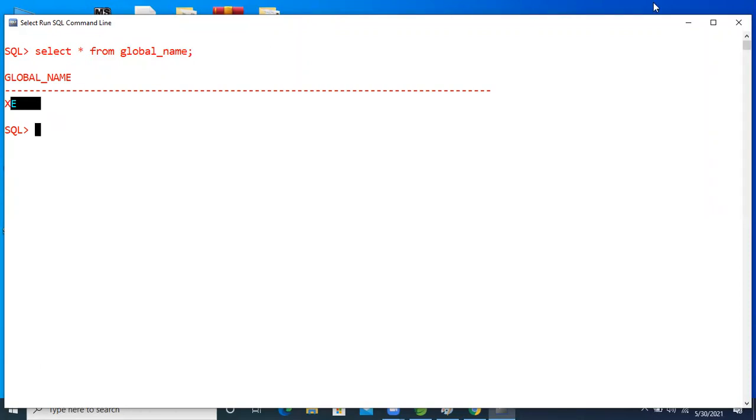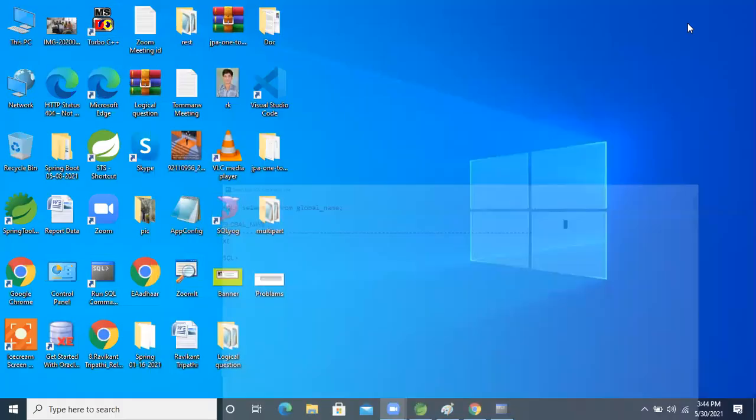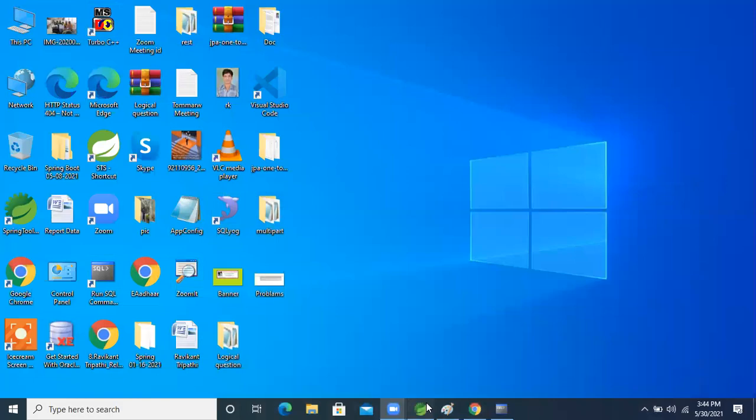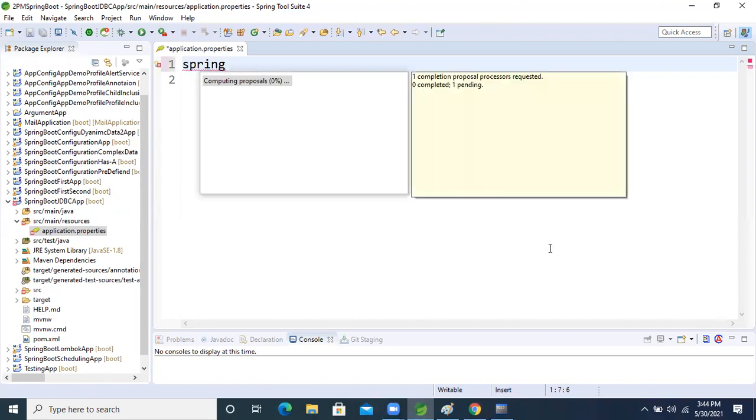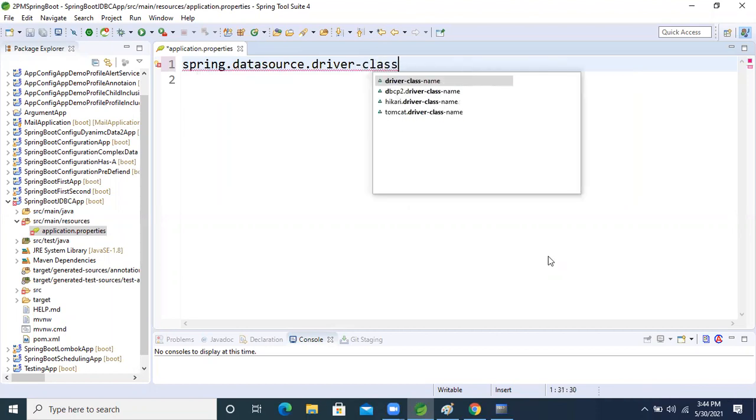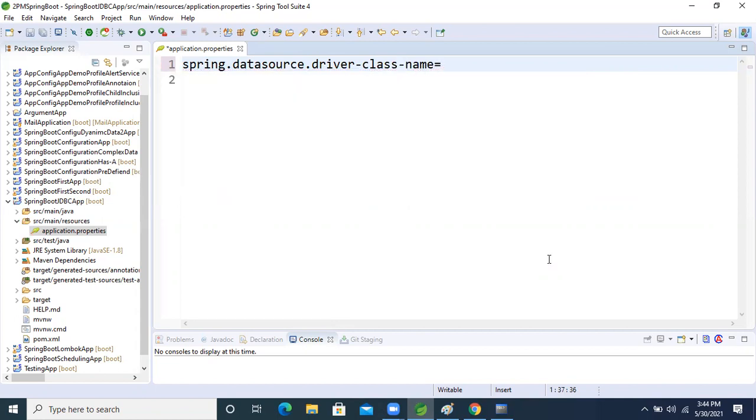Okay, so let's move on. Now, to connect the database, we write spring.datasource.driver-class-name.